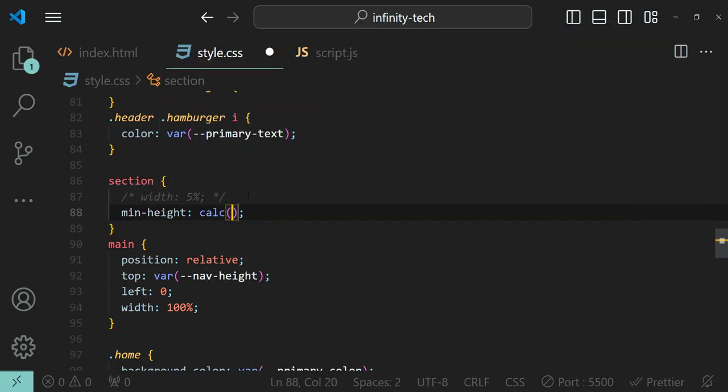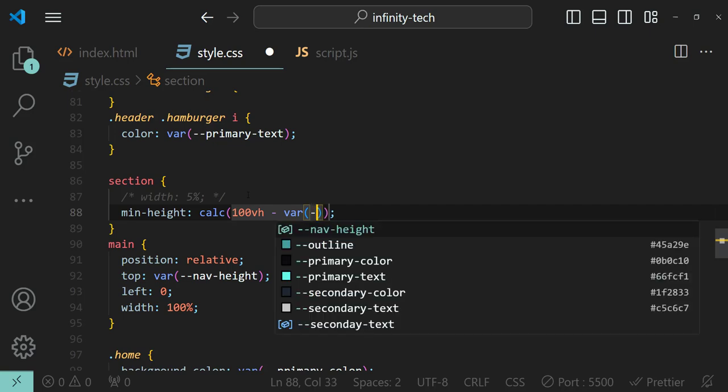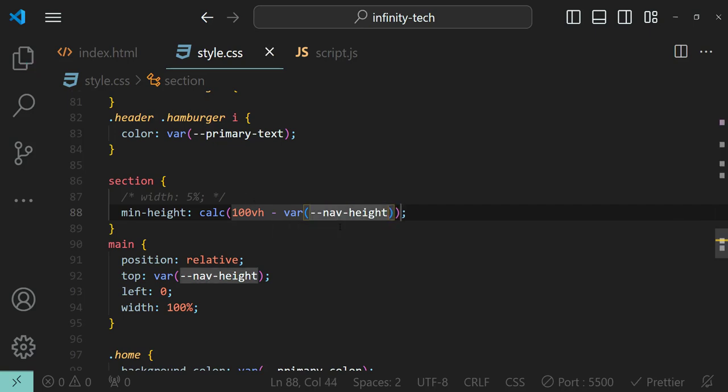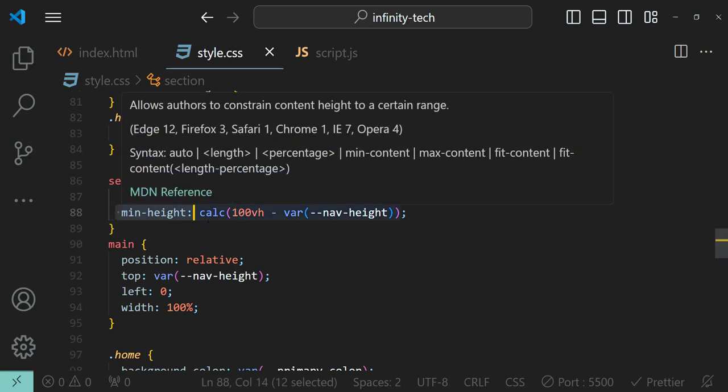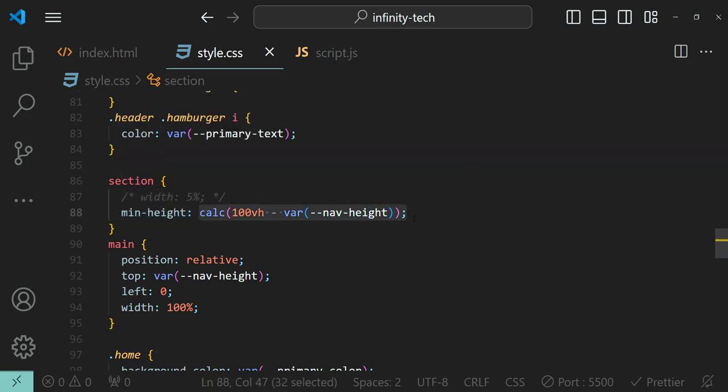We are going to use the calc function, and we are saying from the 100% viewport area, subtract whatever height we have assigned to the navigation bar and assign that remaining height to this section. So each section should have a minimum of that much height, which is the result of evaluating this function. So this way, even if there are very few elements, the section will still occupy the whole of the